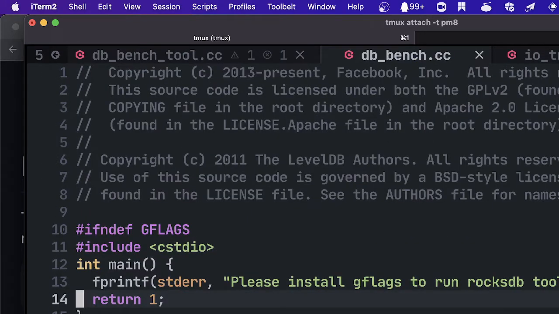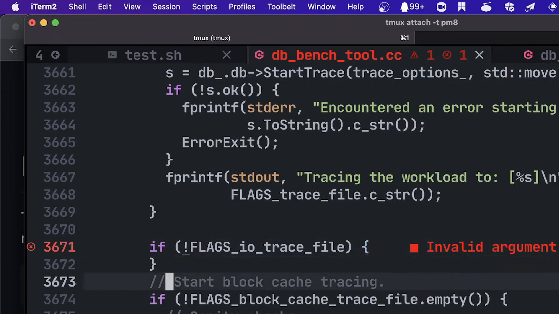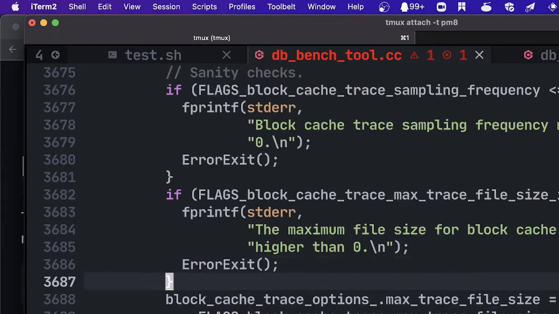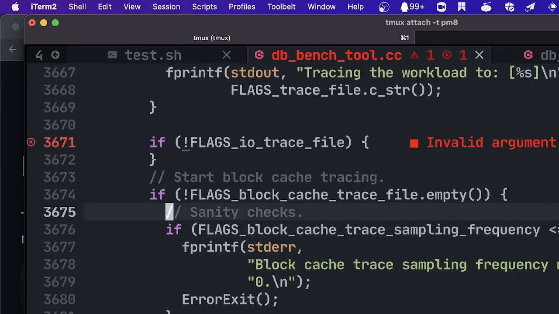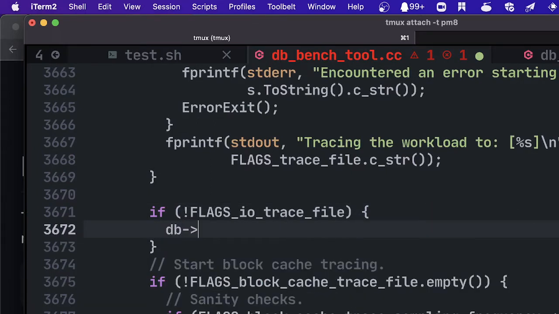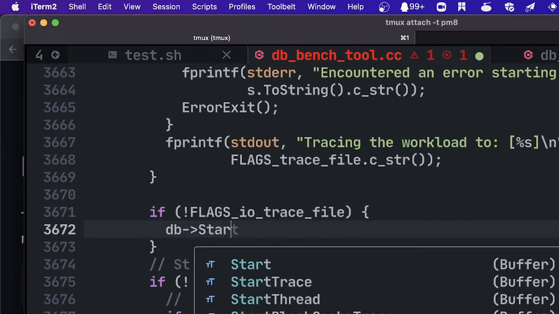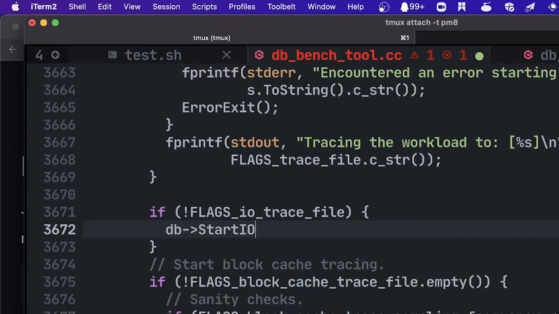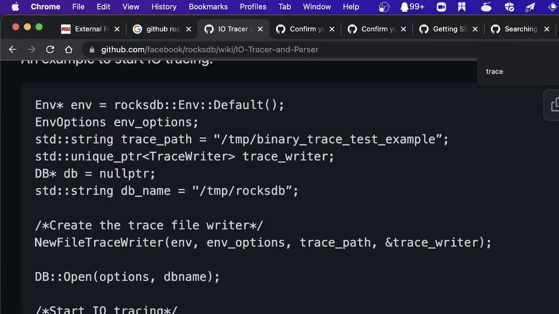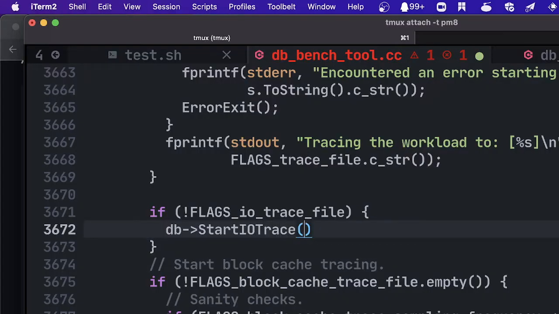So flags frequency. I'll start with the simplest one. I don't care about this start IO. How is the code right? Start IO trace, right? IO trace